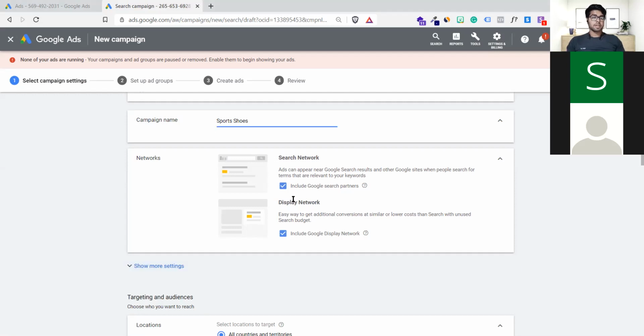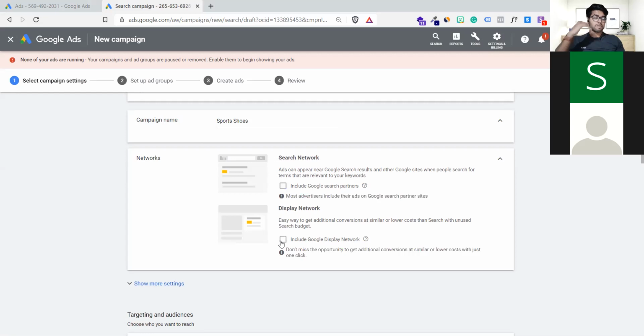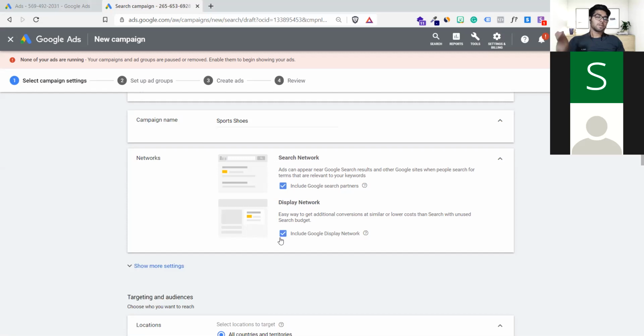So the thing is, when we're creating a search ad, by default the search network will be turned on. One is the search network, another one is the display network. The display network is your YouTube area where people will see the advertisement of your particular run.